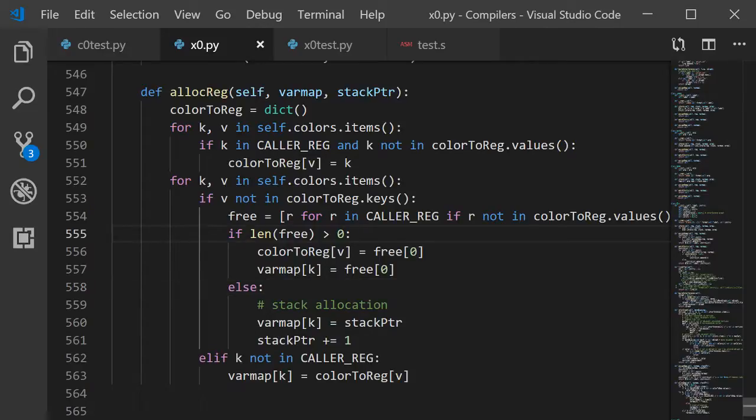Okay, so if the length of free is less than 0, sorry, I totally got thrown off. Okay, and then here we have this. Theoretically we are implementing the stack here, but I didn't really go very deep into doing that. And then